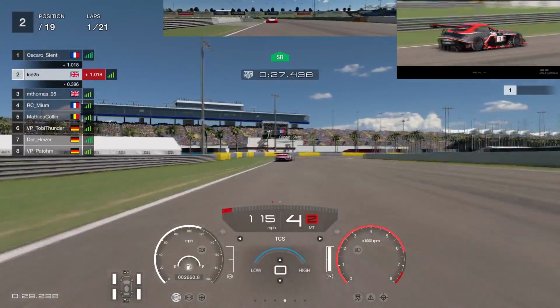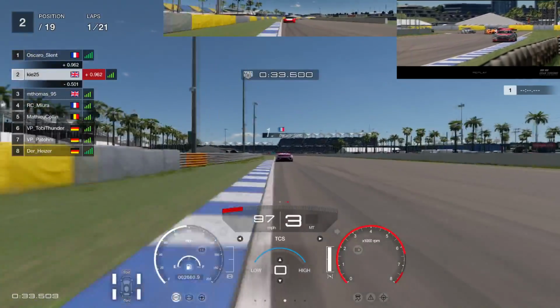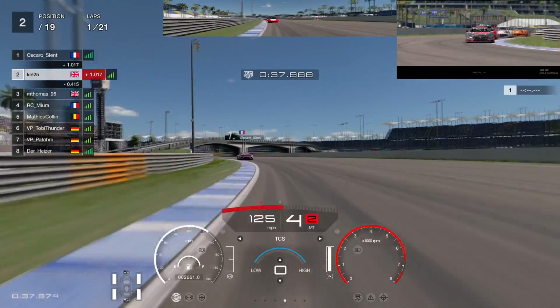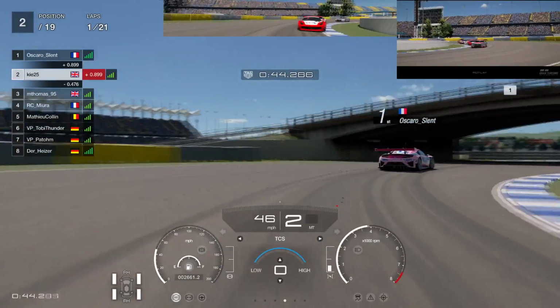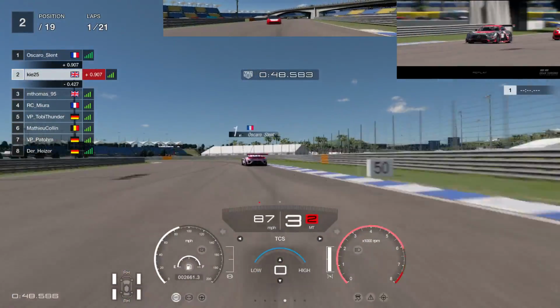We're going to have a look at that in depth later on in the video. At the end, I'm going to slow it all down and show you what happened there. There was a mixture of two things happening. There was a little bit of contact going into the entry of the corner where TTR Benson tapped Tigny, where they tried to go on different lines through turn 1, which was acceptable because I think Benson was on the outside. He got a better start, so he was always going to go down that wide angle, but then he